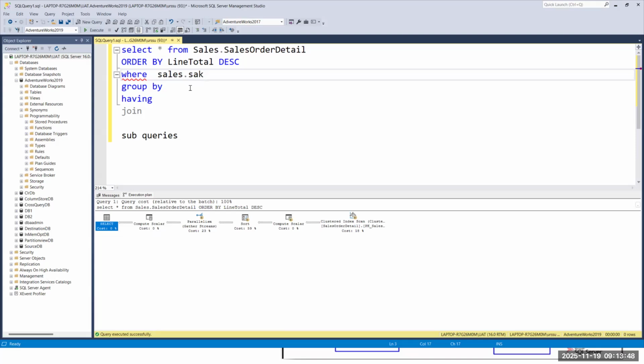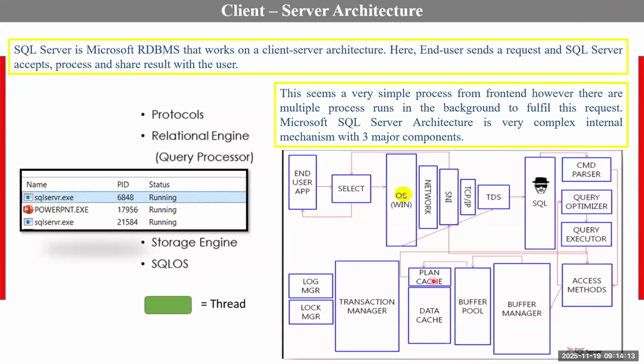Once it got everything, your syntax is fine, whatever you are reading is fine, meaning objects are there, columns are there, everything is there. Now it will start binding the request, preparing the query tree, like converting the high level language to low level language. It is preparing the tree. Once your query tree has been prepared, next it will straight away go to the